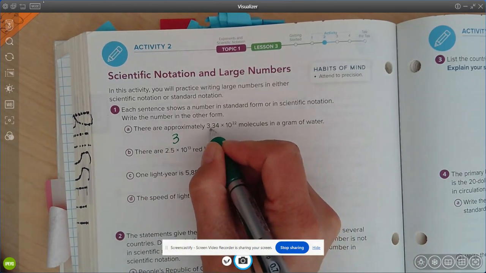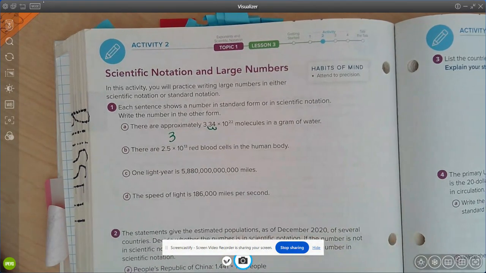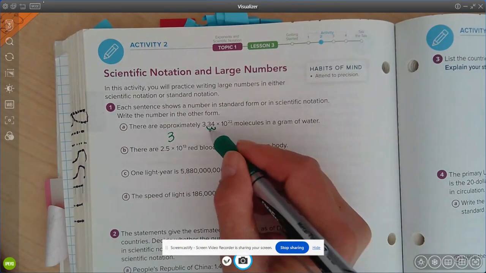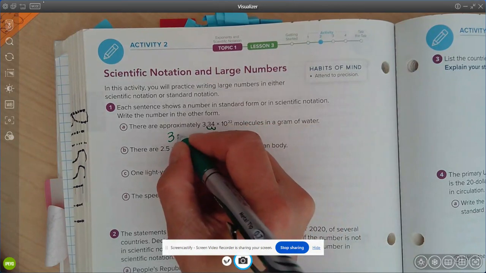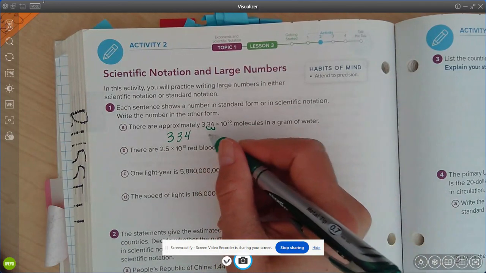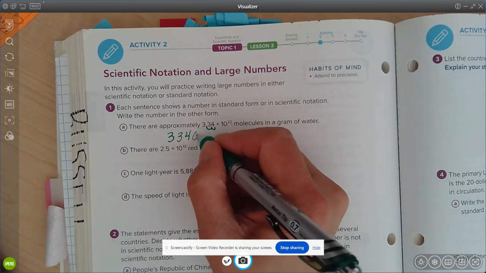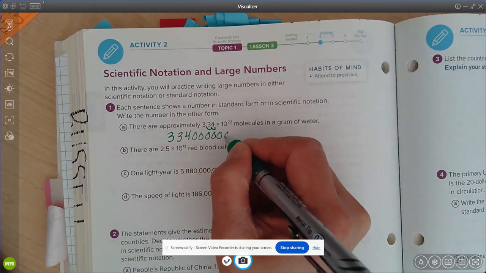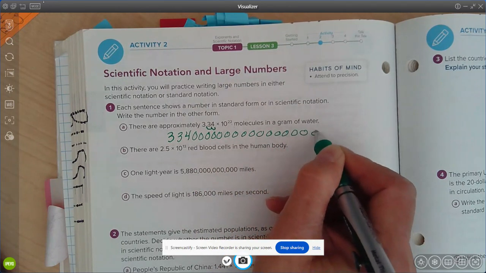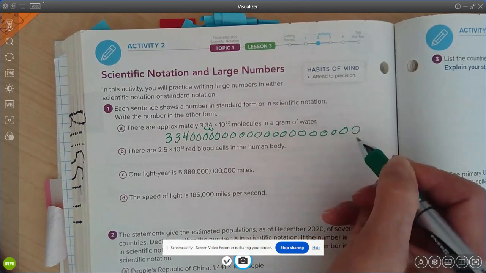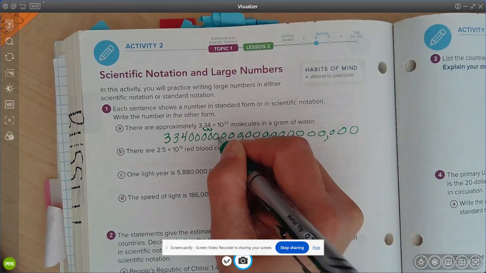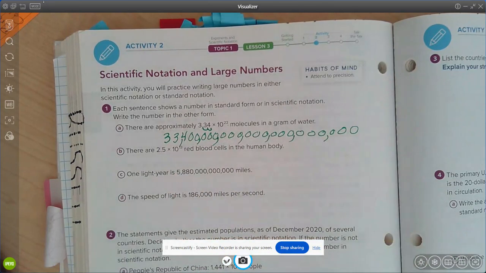So I have to count these as part of my move. So I'm not adding 22 zeros. I'm only going to add 20 because I have to count these two place values. So 334 and then 20 zeros. Now, I would always tell kids to put the commas in so we can actually check and see if we have the same answer. But anyway,